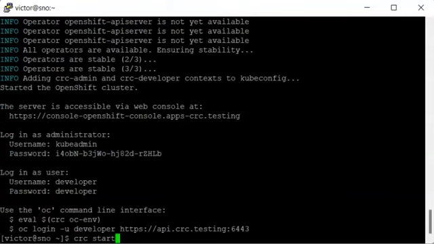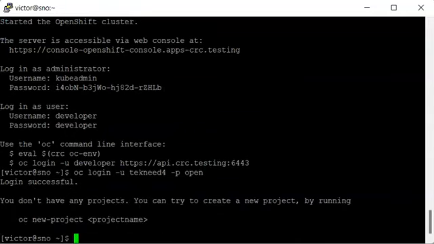So now let's try and log in again. So I'm going to say OC login user technique 4. Alright, so you can see now that we've been able to successfully log in as the user technique 4, and of course we don't have any projects because we don't have access to any project, rather, because this user is not a cluster admin. So let's look at the next question. Question says that the users technique 5 and technique 6 must be